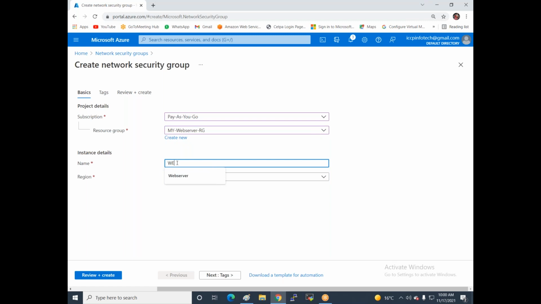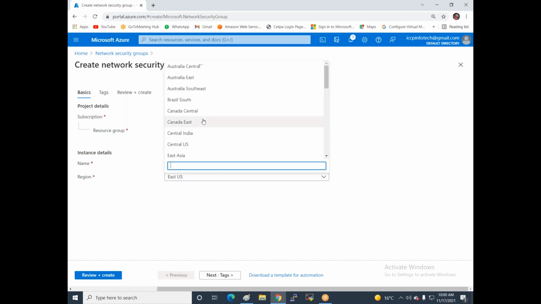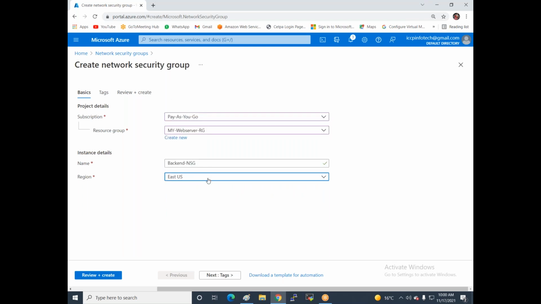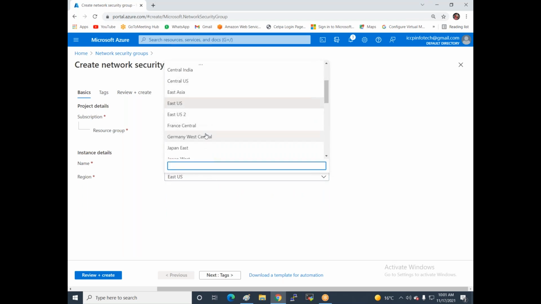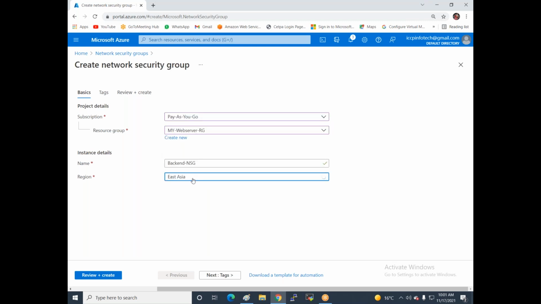I'm giving the name backend hyphen network security group. And now I'm keeping East US 2. So I'm selecting, I think no, I'm using the East US only.